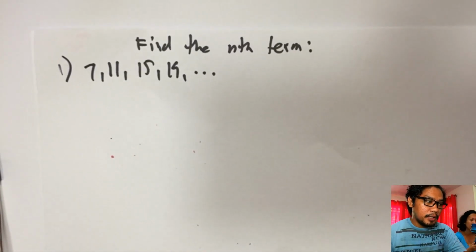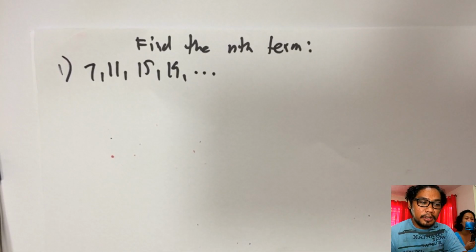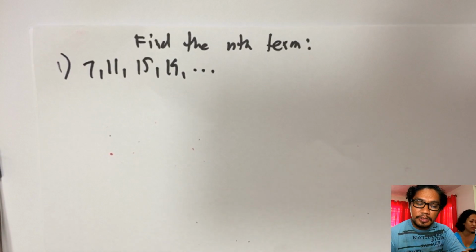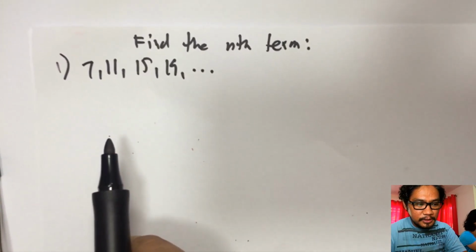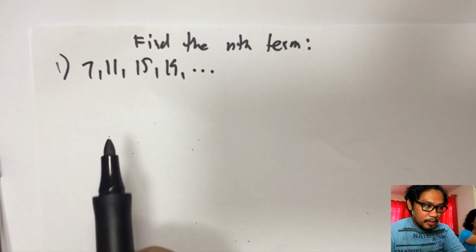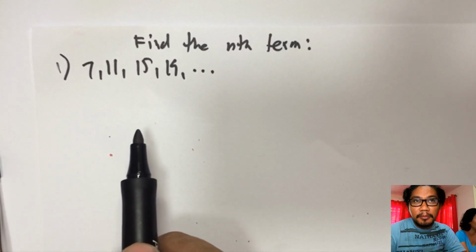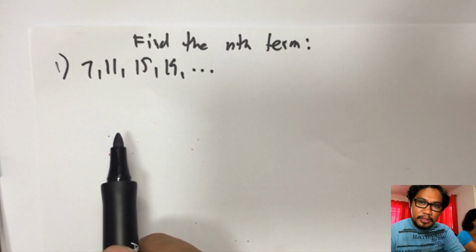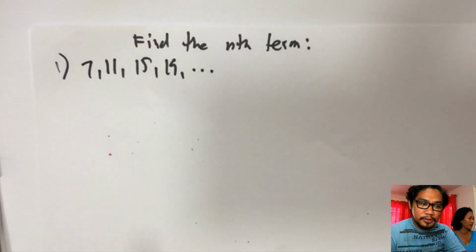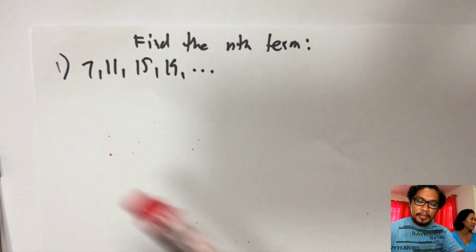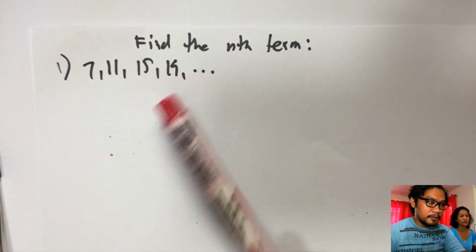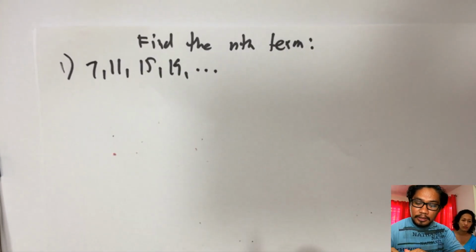A sequence could either be arithmetic, geometric, hyperbolic, and actually there are a lot of types of sequences, but let's start with the easiest one, which is the arithmetic sequence. Here's an example of the arithmetic sequence. Aside from this, 5, 10, 15, 20 is also an example, and 3, 6, 9, 12, 15 is another example. As you can see, 7, 11, 15, 19